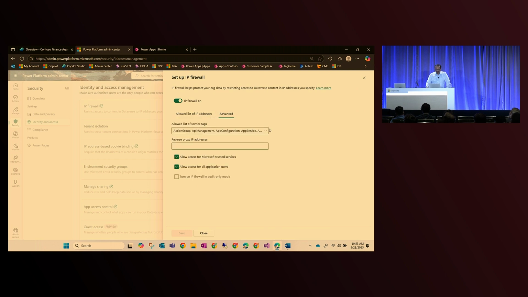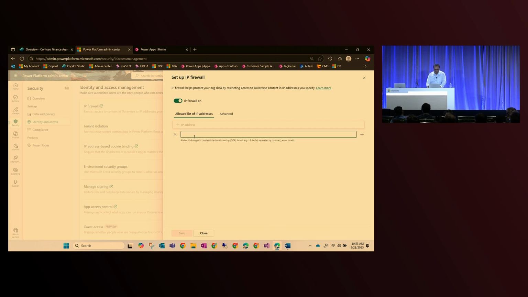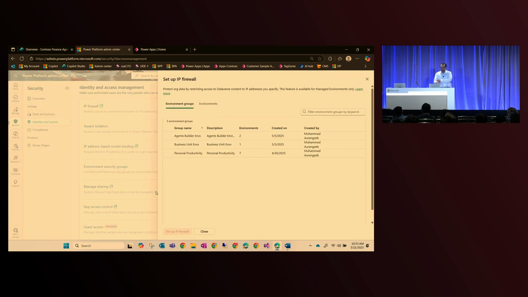If we want this environment to access the services from different IO services, we have a long list of services. We can enable that as well. If you just want to enable the firewall for auditing purposes, to capture the request only, you're not implementing the firewall, just want to capture from which sources the requests are coming to this environment or these applications, you can enable it in the audit mode. But if we want to enable it on certain IPs, I can just go ahead and provide certain IPs from where it should be accessible. Press save. It may take 5 to 10 minutes to get enabled, but let us check it.